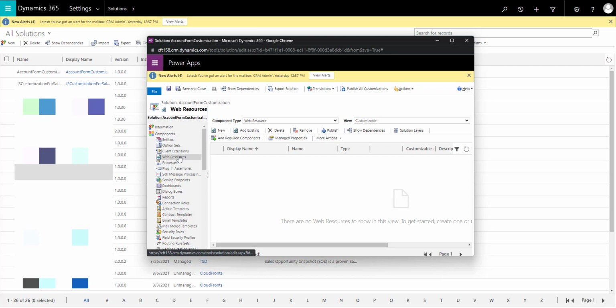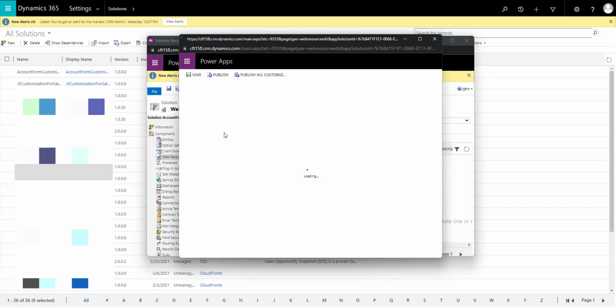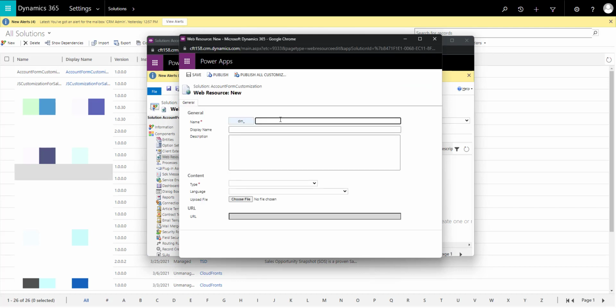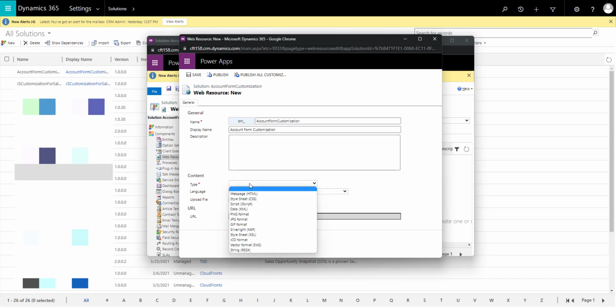The next thing I have to do is to create a web resource. So I go to web resources and click new. Now I will name this web resource account form customization and give it a display name as well. Remember, the name is dm underscore account form customization because that is the publisher I'm going to use.